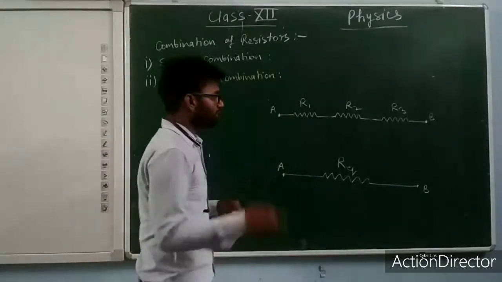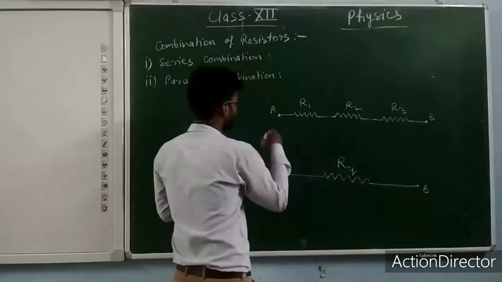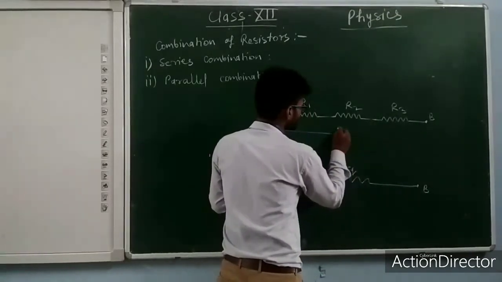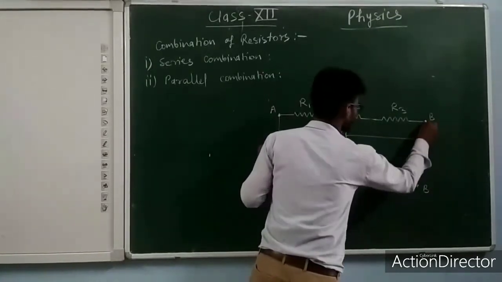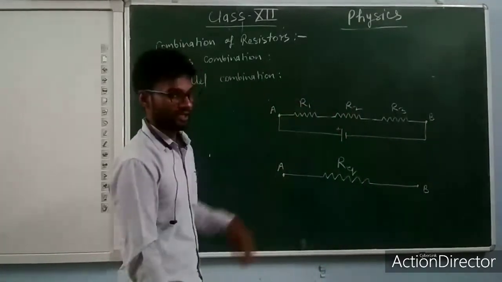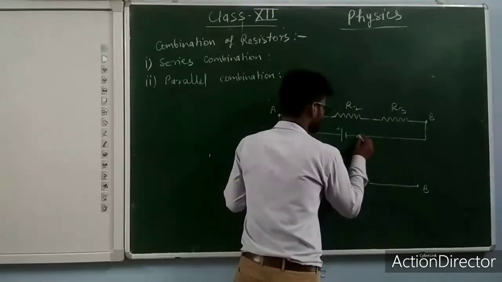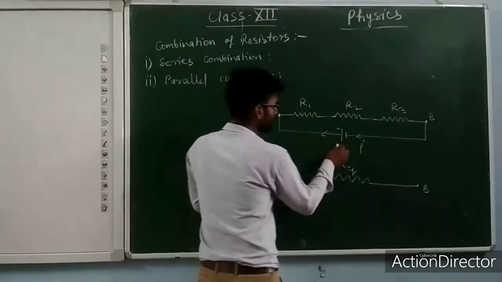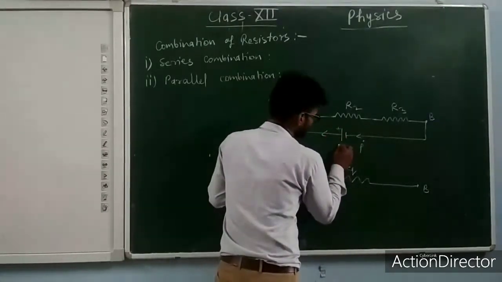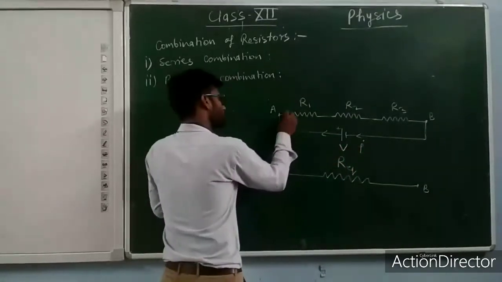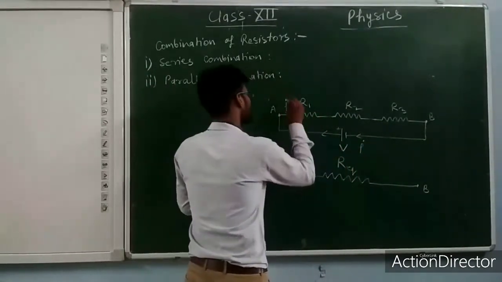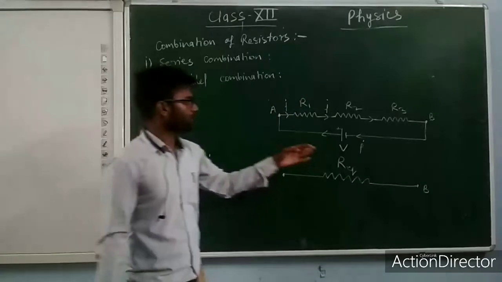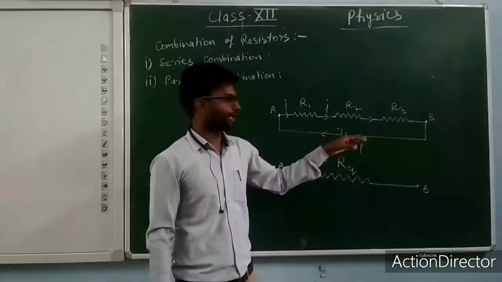Firstly we connect one battery across the points A and B, right? So I am taking one battery here. This is the positive terminal of the battery, this is the negative terminal, and I have connected this battery across the points A and B. Let us consider there is a current I flowing through this battery where the voltage of the battery is V, right? Because this is a series circuit, the same current will flow through all the resistors because there is a single path, and according to conservation of charge,